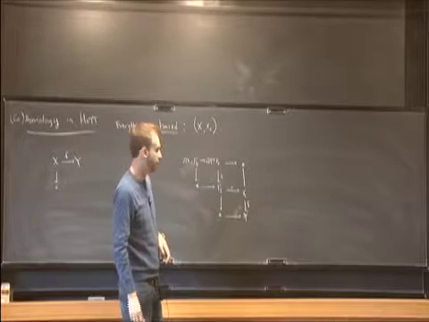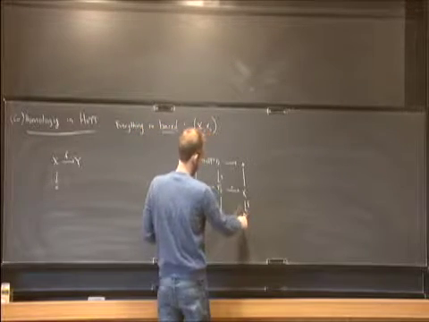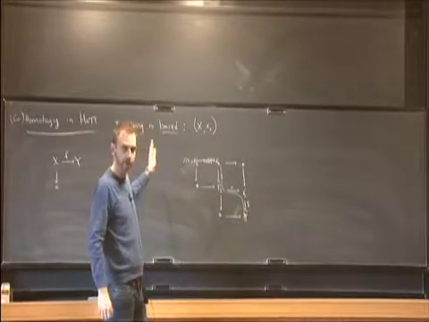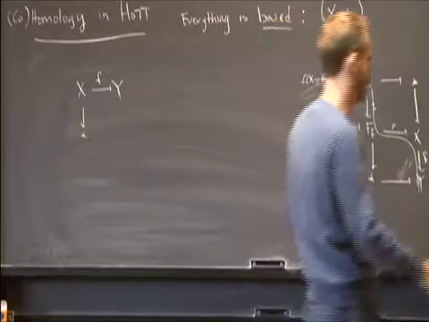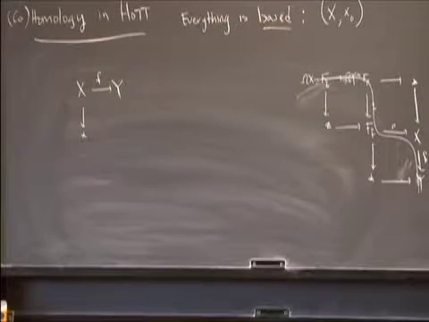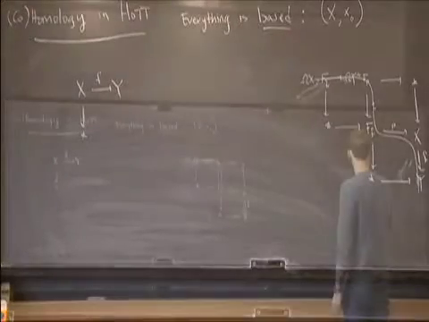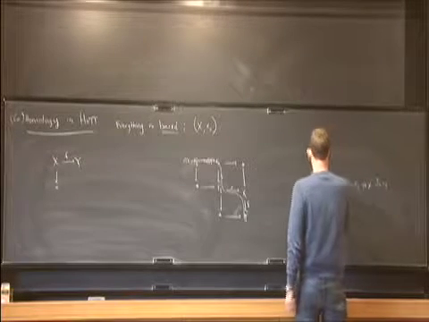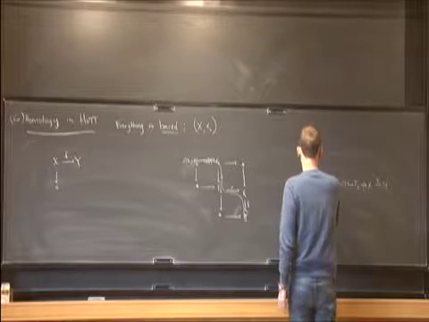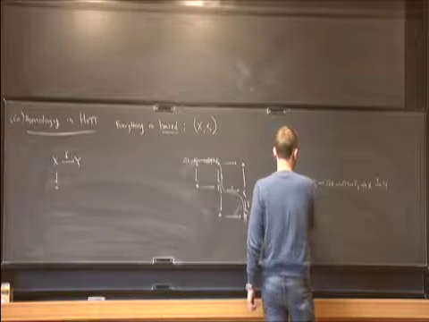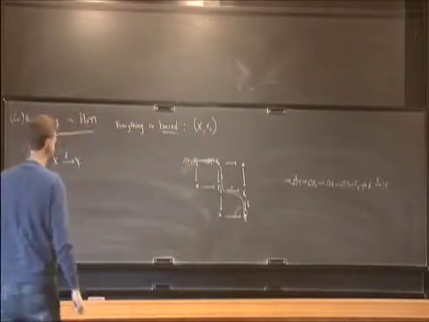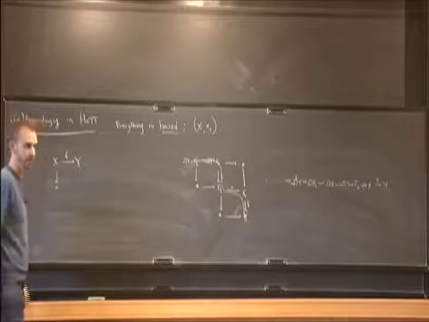Okay? So this is this cute trick, and if you follow this path like this, you can go forever, and you will just keep getting loops and loops and loops. And this is what people call the fiber sequence for the map F. It looks like this: the fiber of F, and then we get loops on y, and then we get loops on x, and then we get loops on the fiber of F, and then we get double loops on y. And this just keeps going forever. So given any map, I can just generate a sequence like this, right? I want to illustrate how people use these sequences in algebraic topology.